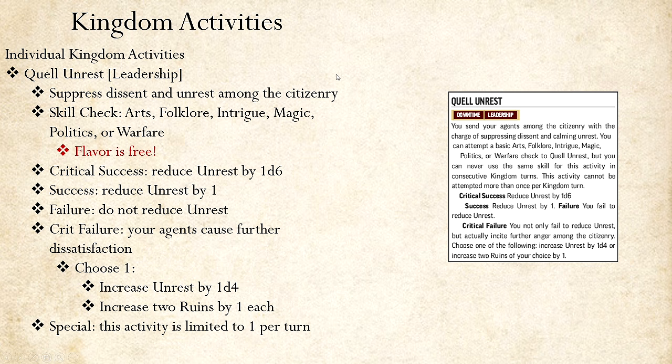All right, Quell Unrest. This has the leadership trait. You suppress dissent and unrest among the citizenry. You can do this with a lot of different stuff. So arts, folklore, intrigue, magic, politics, or warfare. I've said it many times, flavor is free. You can describe what you're doing here with this particular skill in order to make this make sense within the